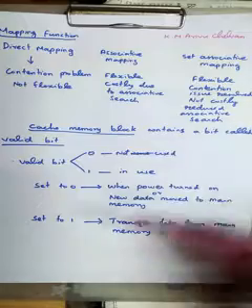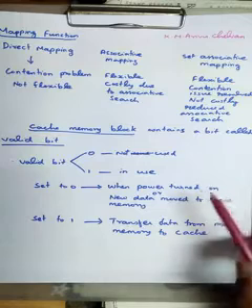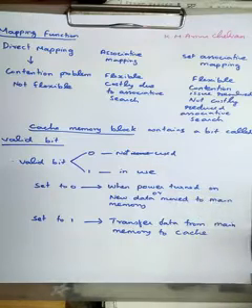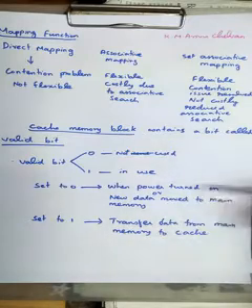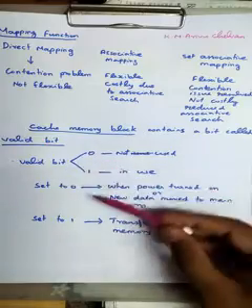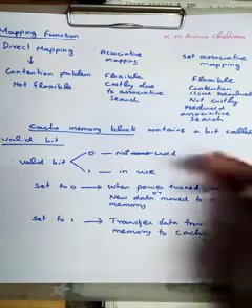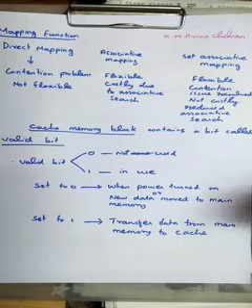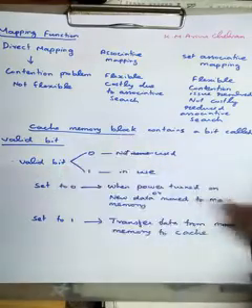For example, this bit is set to 0 when power is turned on. If you are switching on your computer and you want to load your RAM data, you are just starting the process. So what happens is, in cache all the blocks are set to 0. Similarly, when new data is moved into main memory, say you are opening a new application, that application's files are moved from your secondary storage to your main memory. During that time also, the cache blocks are set to 0.